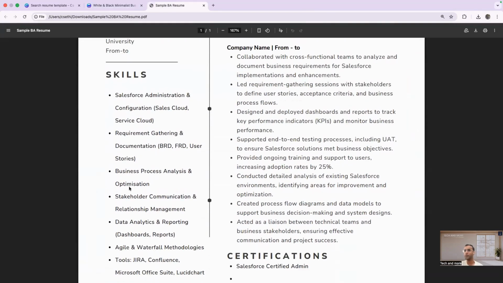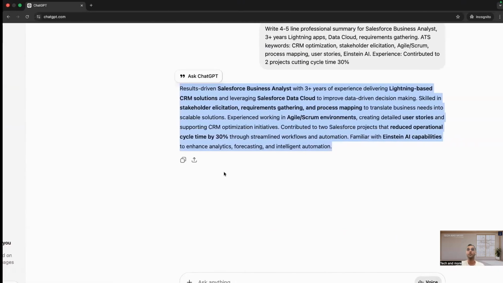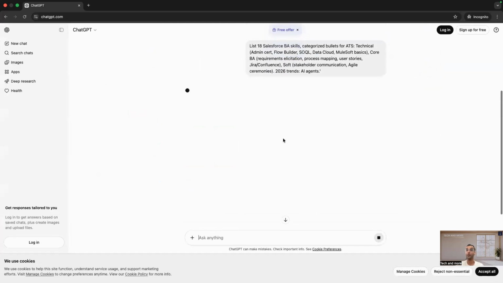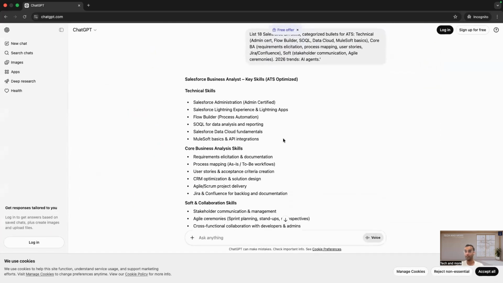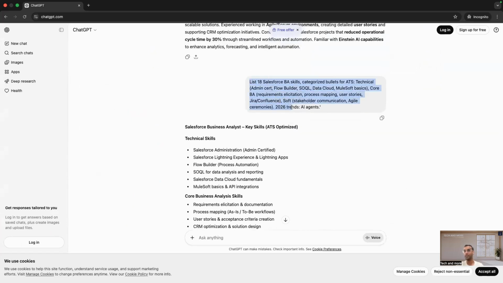And now it is safe to say that you can use these skills as it is, simply copy and paste, because skills are going to remain common and same for almost everyone. So go and copy these. But if you want more around it, you can simply give this prompt, something like this. And by the way, please do not blindly copy paste these skills. Pick and select. So the ones that you feel that okay, I will be able to understand or answer them. Pick only those. But yes, this is the prompt that says list 18 Salesforce BA skills